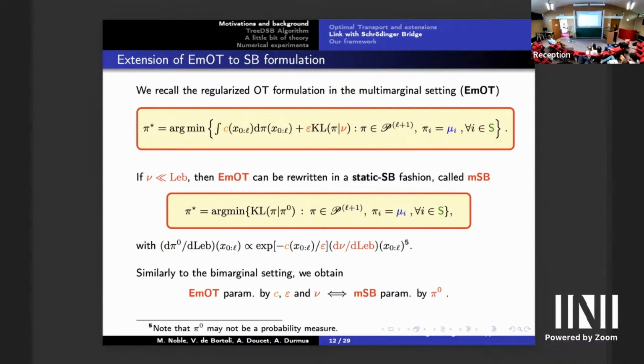So now what we have is simply this formulation, a multi-marginal Schrödinger bridge problem, because you have several constraints, which can be linked in equivalence to an entropic